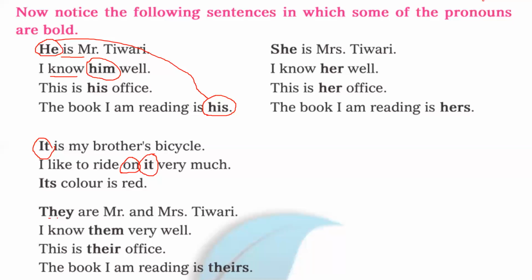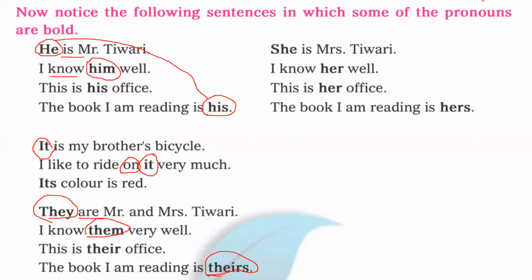See this, they we have written here, they. Why they? Because are is a verb, and before the verb we need to write subjective case. But here we have written them. They and them both are giving the same meaning, but the difference is that that is a subjective case pronoun, that is an objective case pronoun. After the verb we have to write the objective case pronoun, before the verb we have to write the subjective case pronoun, and theirs is a possessive case pronoun.